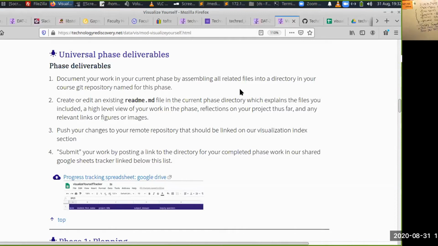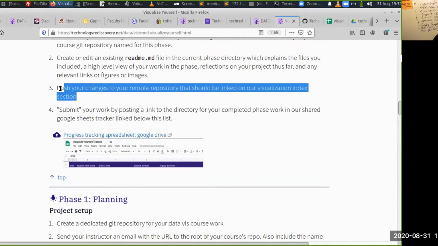outputs from that. And then once we get more into the Python, we'll have processing scripts that we'll want to push up to Git. If you're feeling ambitious, it might make sense to actually start your README file in your Git repo as a way of organizing your project, and then you don't have to do it all at the end. So we want to continue working with our Git skills, and then we'll put that link to your repo